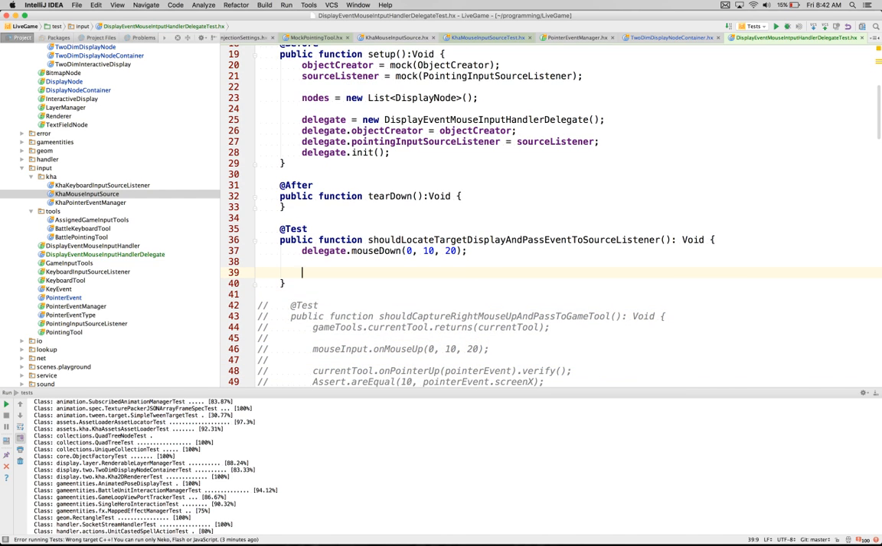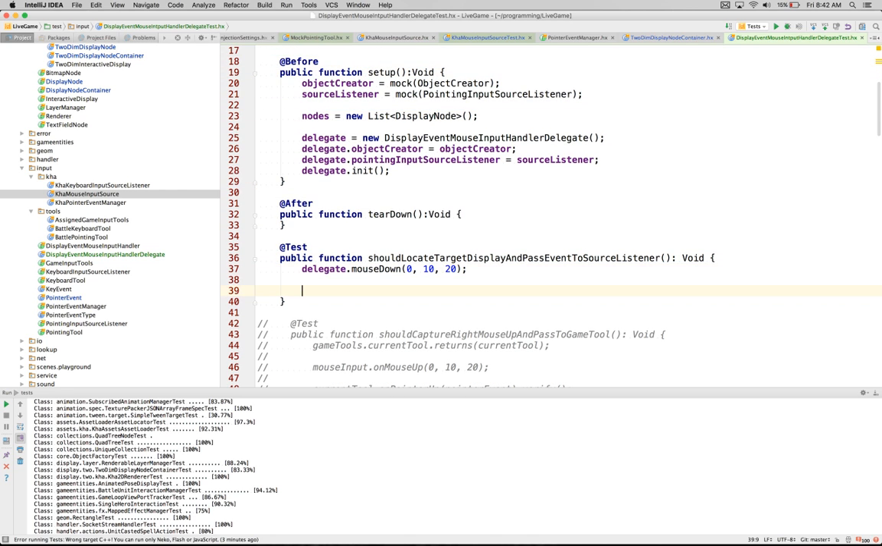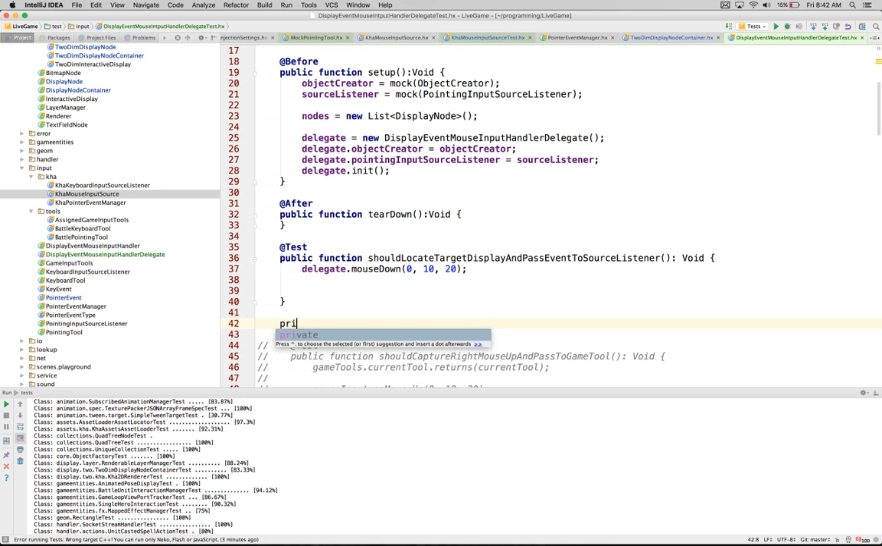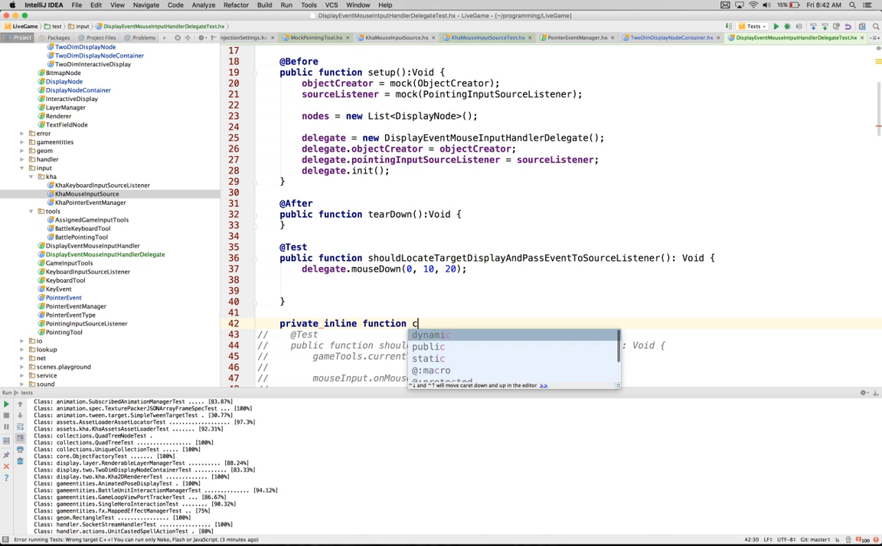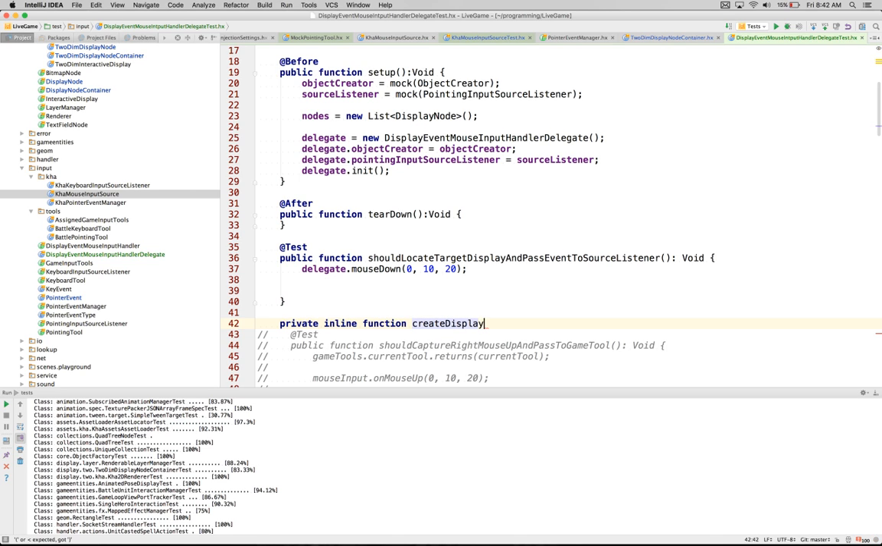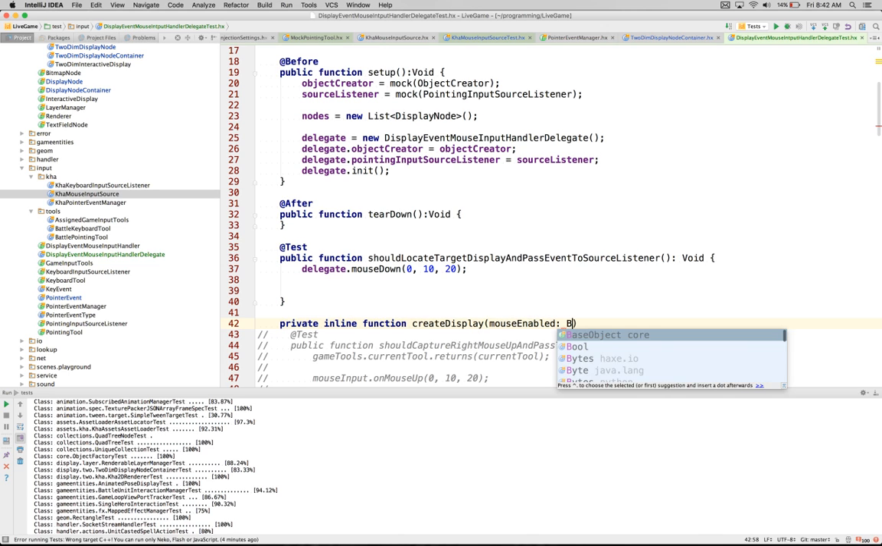So we're almost out of battery, but we just want to get this last one in place. So what we're going to do is private inline function create display, and this will be mouse enabled boolean, mouse children boolean, void,